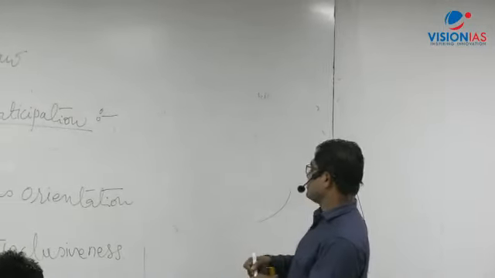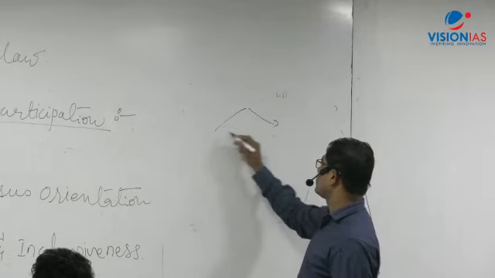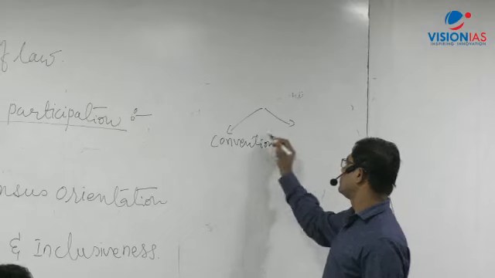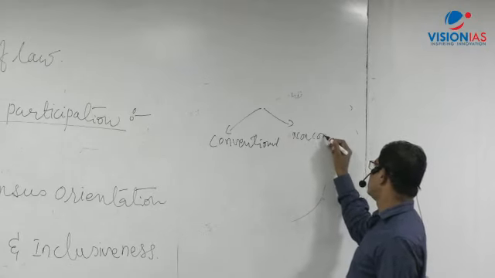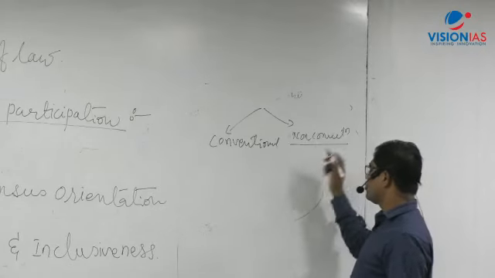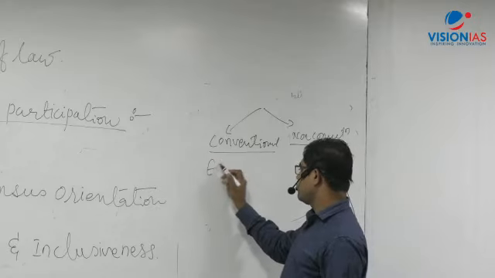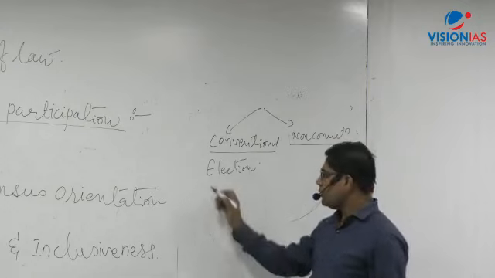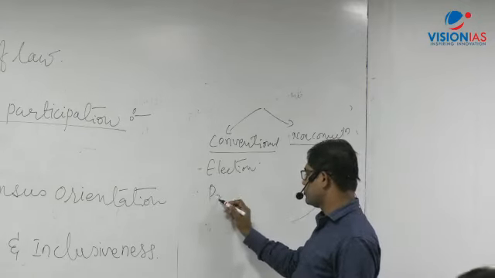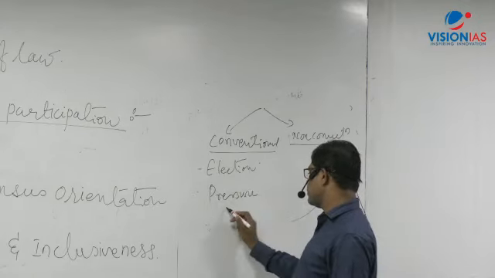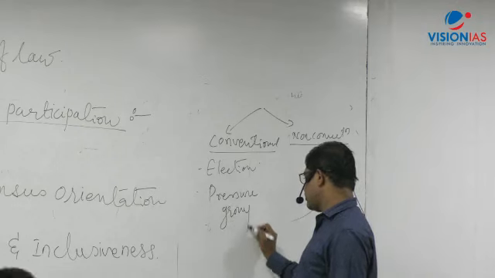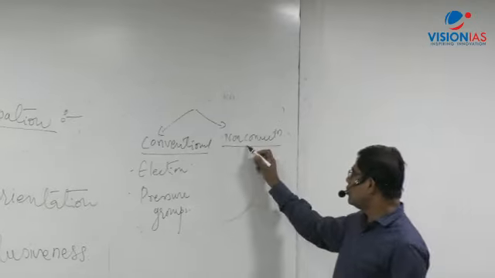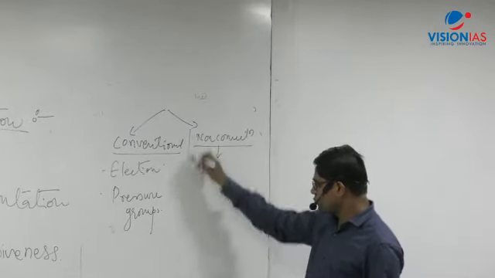People's participation: conventional and non-conventional, or present form. Election obviously will be there. Second is pressure groups, or interest groups. Now, in the new or non-conventional present tools,